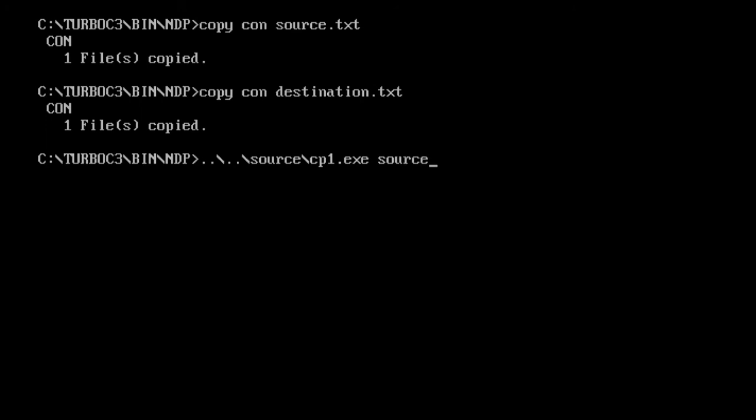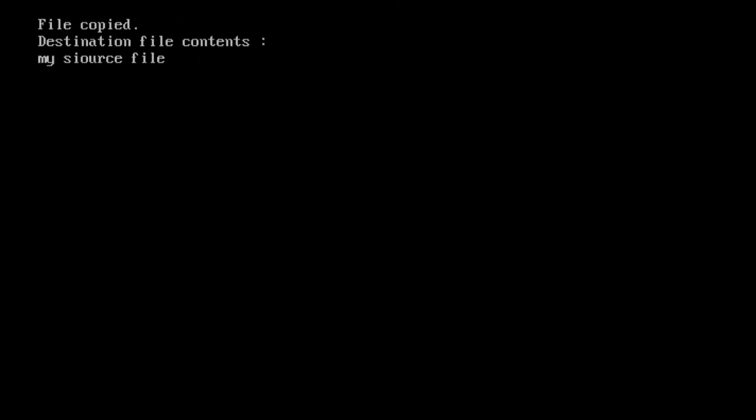Do not forget to check spellings, because this is the only thing which is going to create errors for you. Let me check the text file names, which are source.txt and destination.txt, and enter. So it has given the message that the file is copied, and the destination file contents are my source.